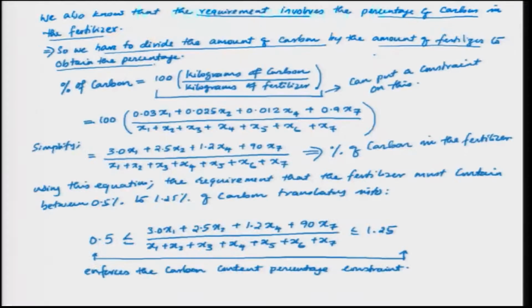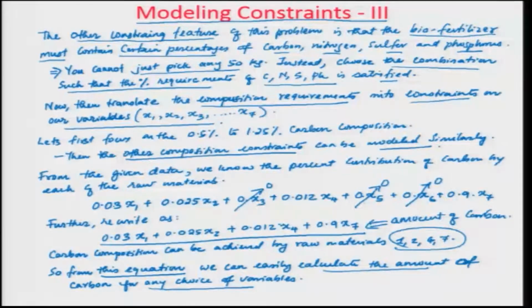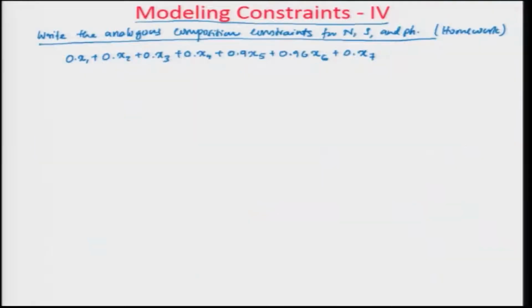If you think about the previous case, this is exactly how we went through it. Remember the scenario where we wrote the constraints for x2, x3, x4, we wrote it in exactly the same fashion. Now we can see that this will go to 0, this will go to 0, and this will also go to 0. So our constraint will be 0.9 x5 plus 0.96 times x6. That is our constraint ideally in this case.